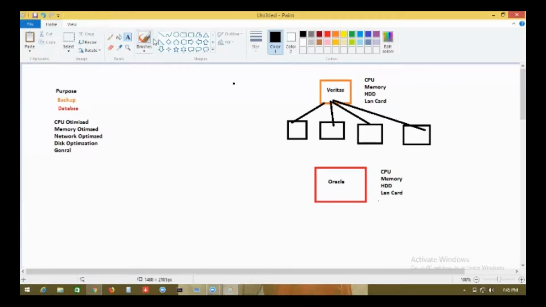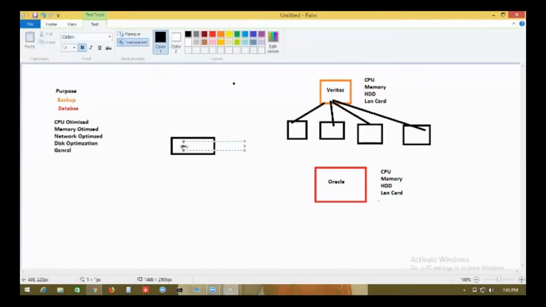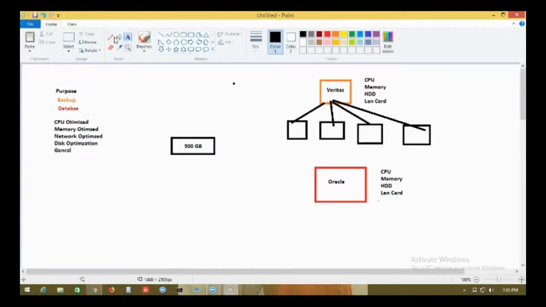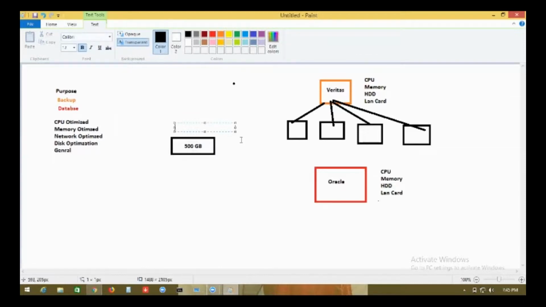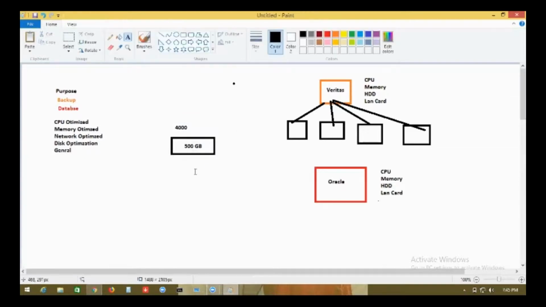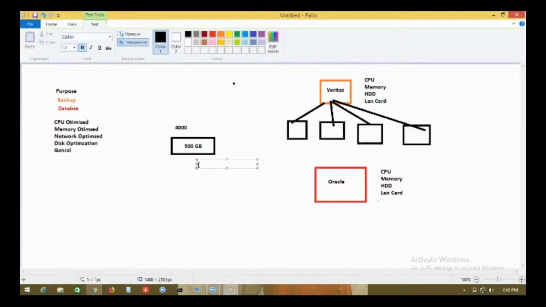For example, I say that I have a 500 GB hard disk, and you say, I also have a 500 GB hard disk. But I say my 500 GB hard disk I bought for 4,000, while the same hard disk I bought for 25,000.